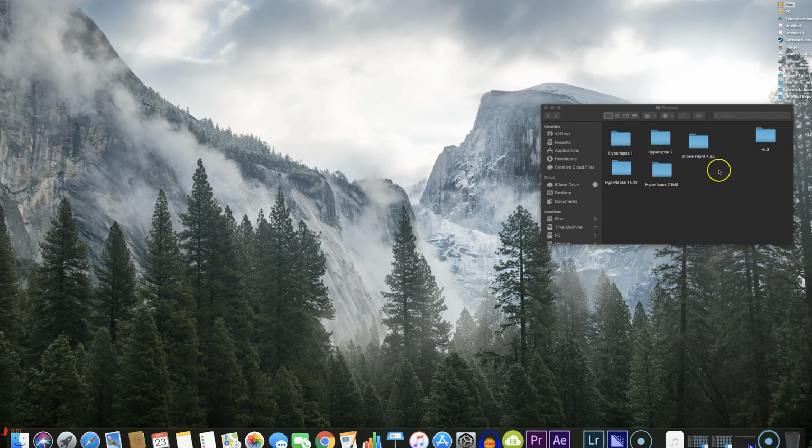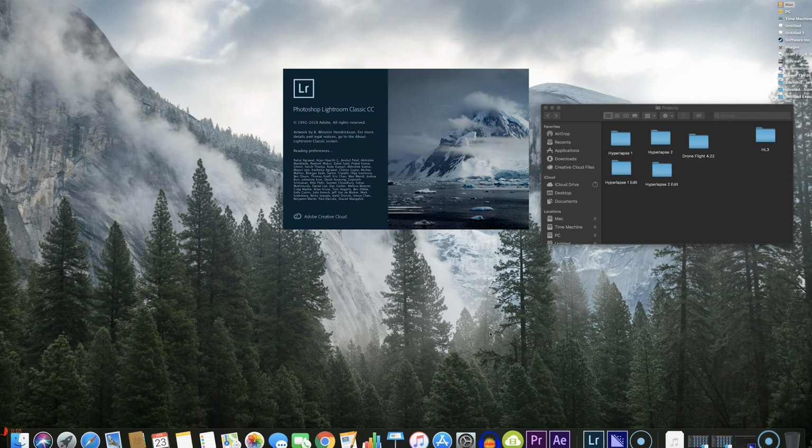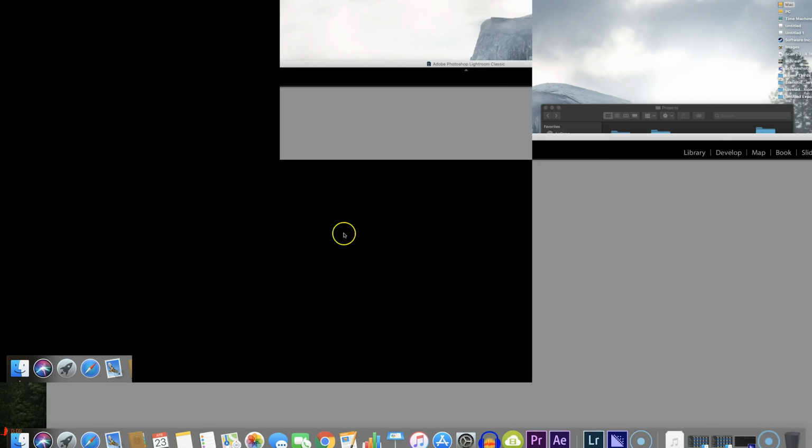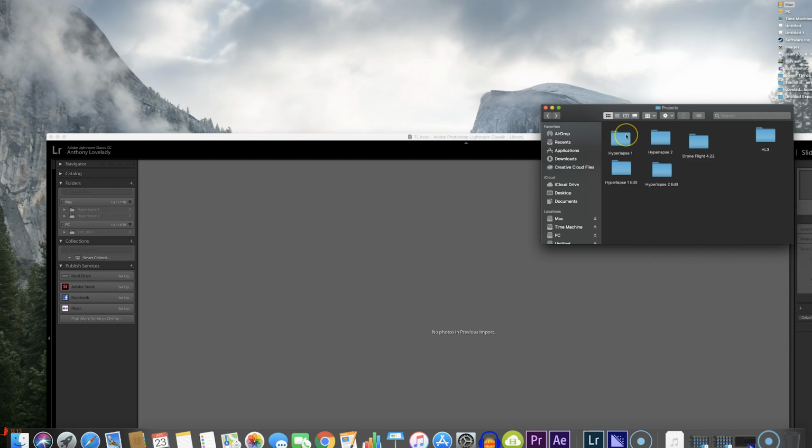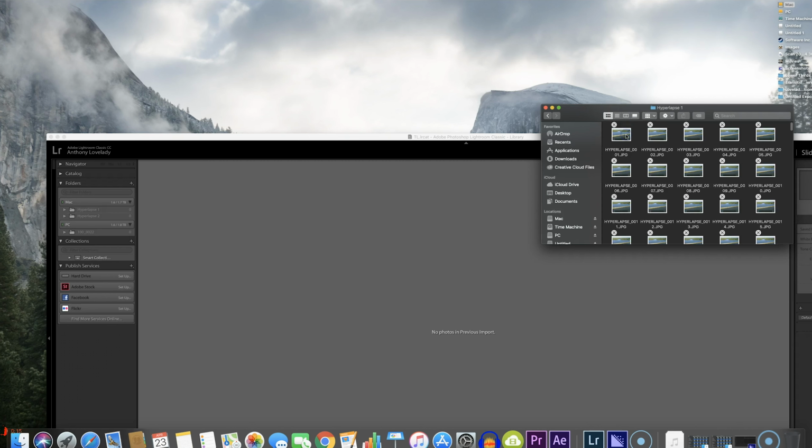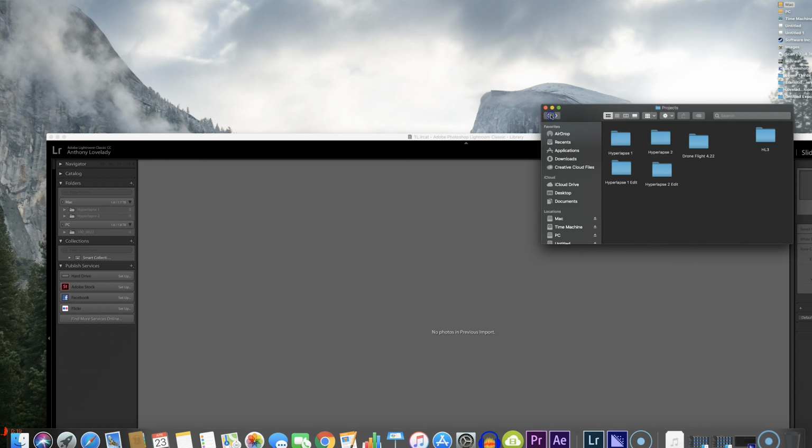So let's jump right into the computer, and I'm going to show you how to do hyperlapses. All right, so the first thing you want to do is open up Lightroom, because that's where we're going to be uploading all of our photos to. All right, so open up your folder that has all of your hyperlapse photos in. I did 2 hyperlapses this time, so we'll actually work with the